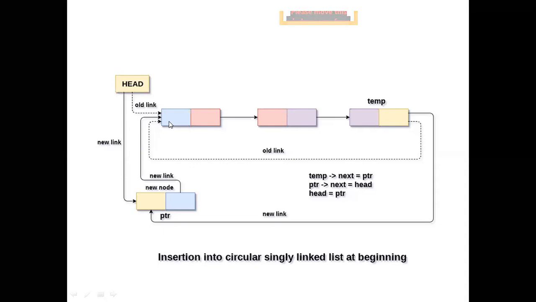So if you are going to add the element at the beginning, you have to change the address of the head. The last node's next pointer also has to point to this new node. Am I correct, guys? Like that, if you want to add the node at the end, what is your procedure?